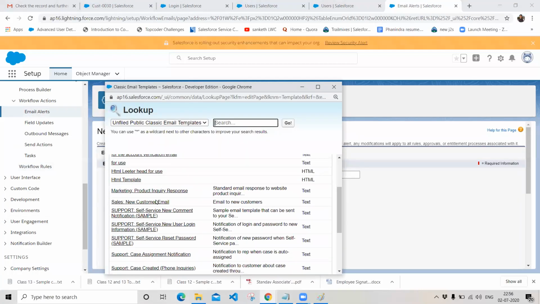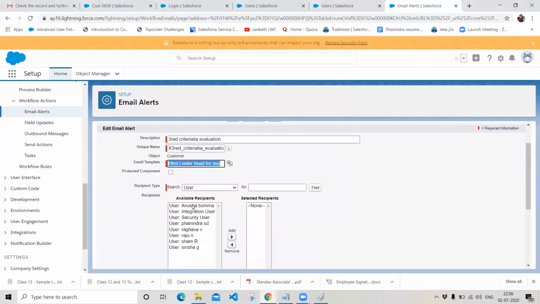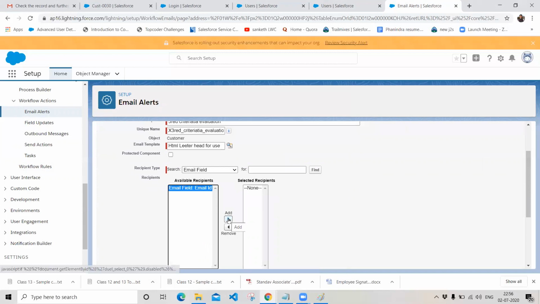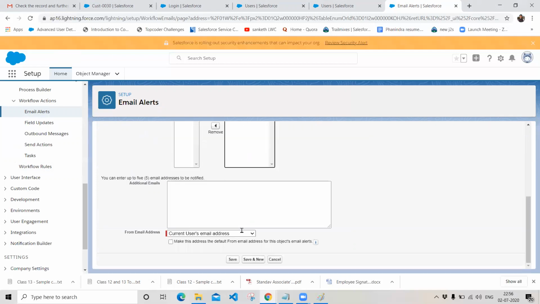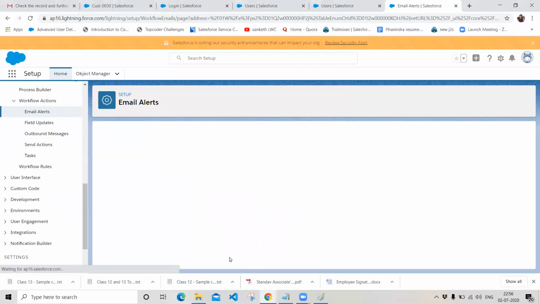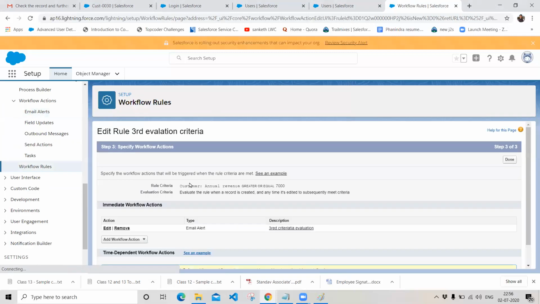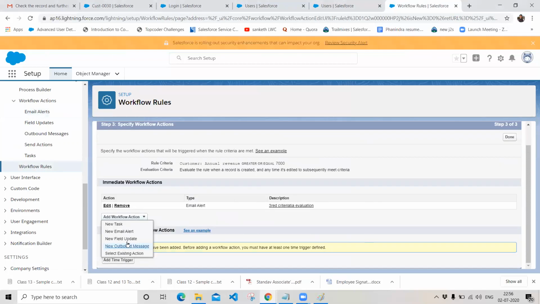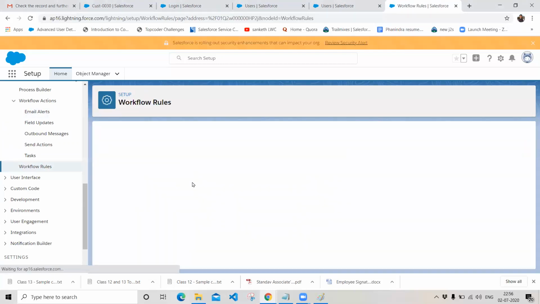I'm going with the HTML letterhead, and whom you want to send this email to in the customer record, whatever email ID you have specified in your email field, I want to send it to that email field, and click on save and create the workflow actions. So you have created your workflow action, right? So click on done and activate your record.